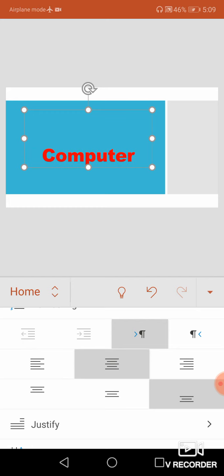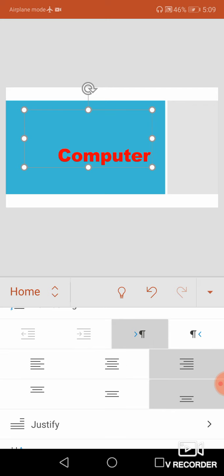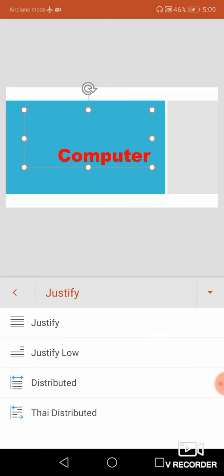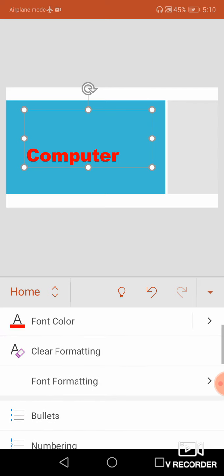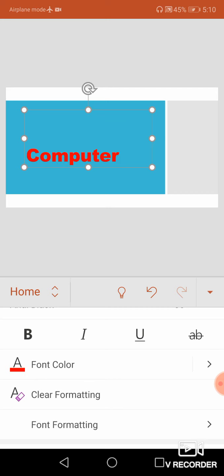Center, content will be moved towards the center, and right side it will be moved towards the right margin of your slide. And then justified means it will be aligned between the left margin and the right margin equally. Okay, so it will be spread, the content will be displayed.